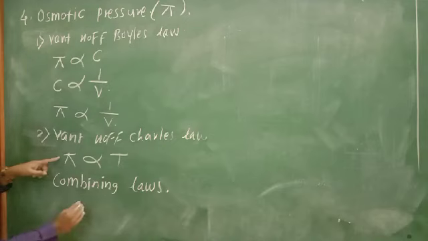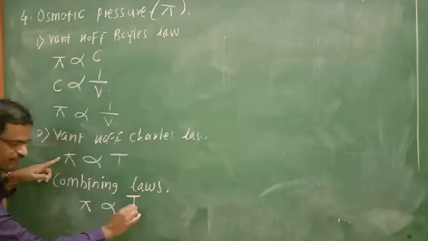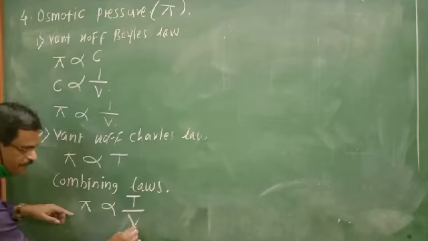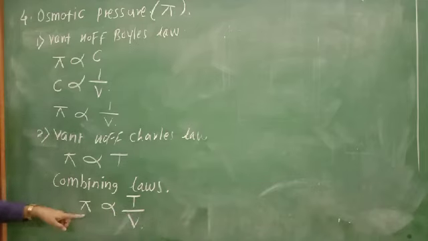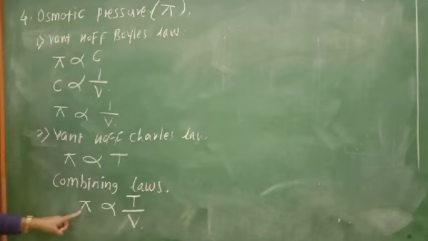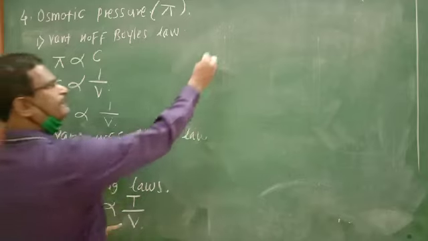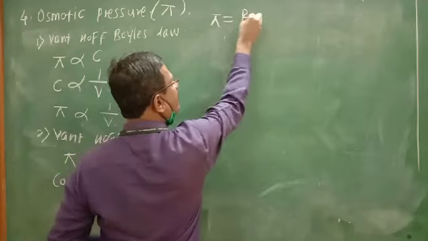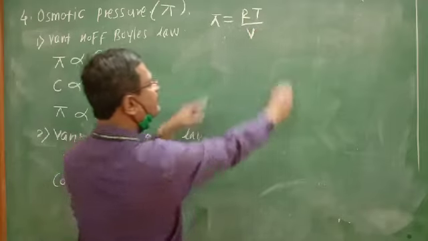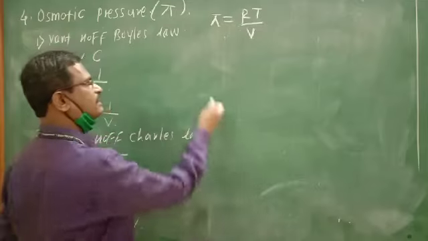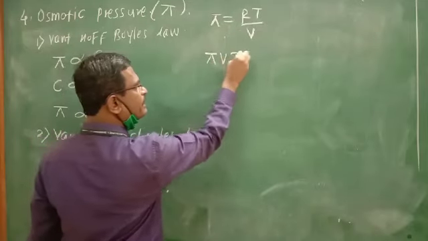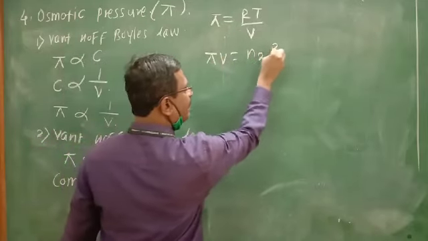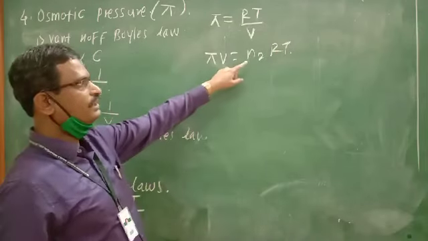We can write that osmotic pressure pi is directly proportional to temperature and inversely proportional to volume. This is the combination. If some proportionality constant is used, suppose pi is equal to RT upon V, where R is the proportionality constant, then we will get pi V is equal to N2 RT for N2 number of